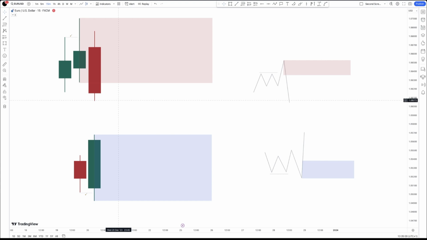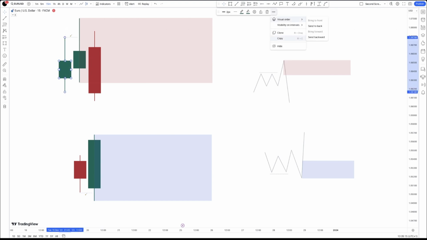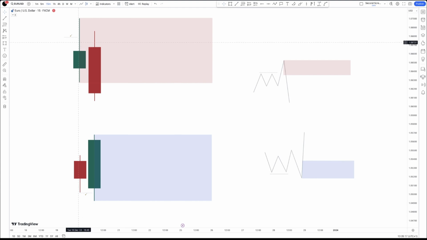Now, if in a scenario this candle was not here, let's hide this, and we had something like this,